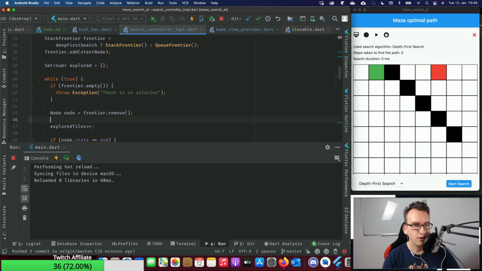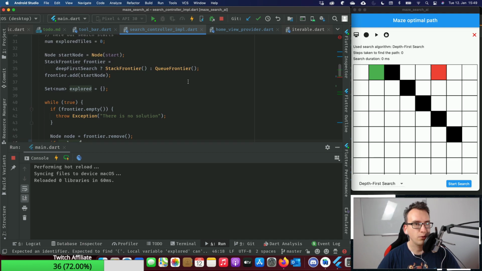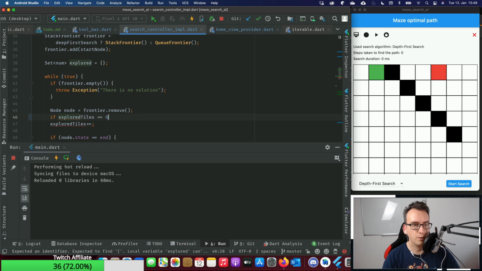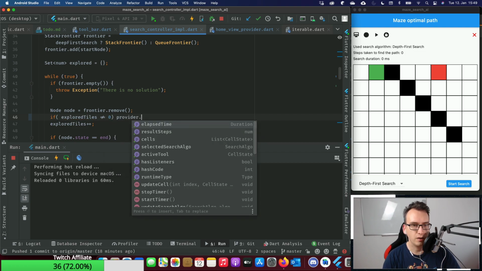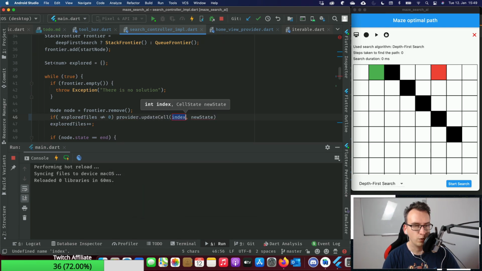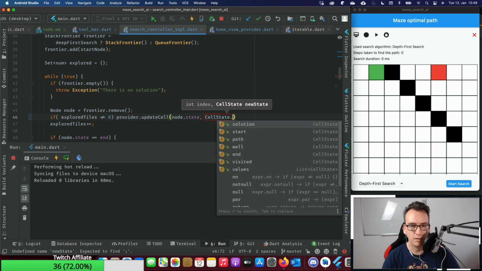So saying if explored tiles is unequal to 0, then we say provider.update cell with the current index. So this is node.state with the cell state.visited.